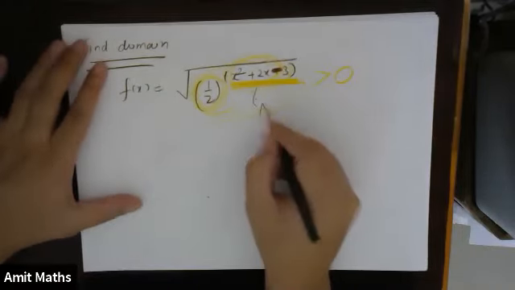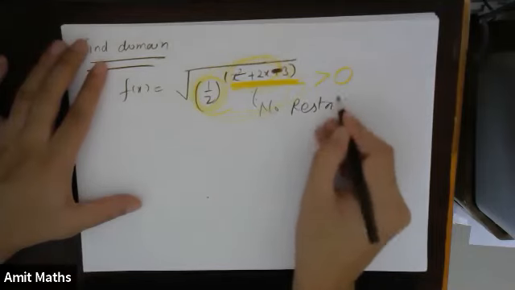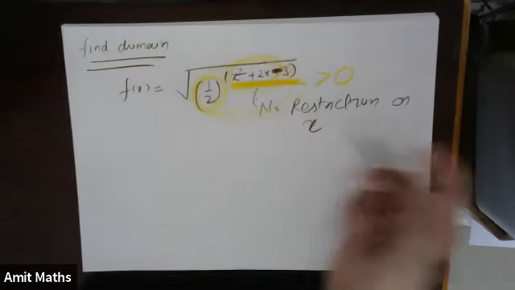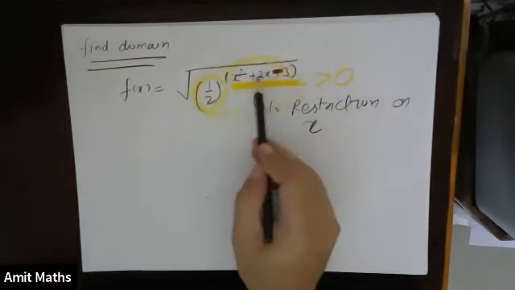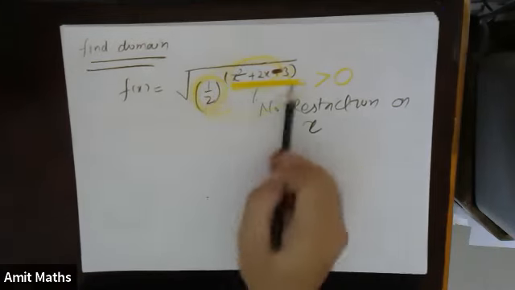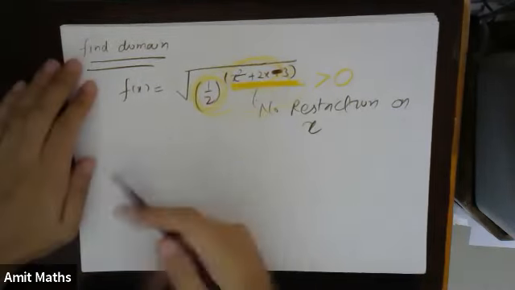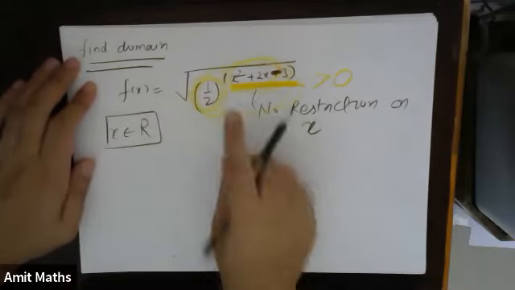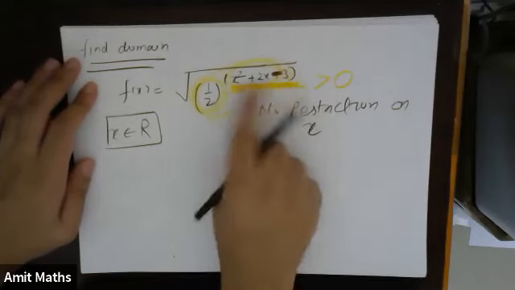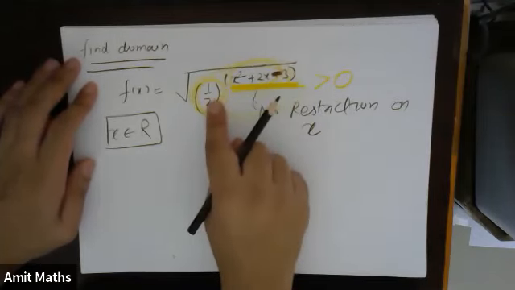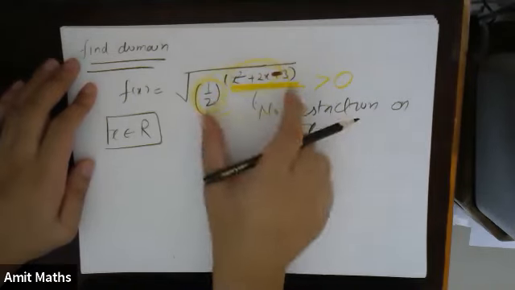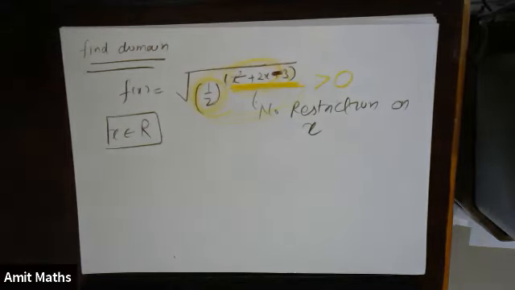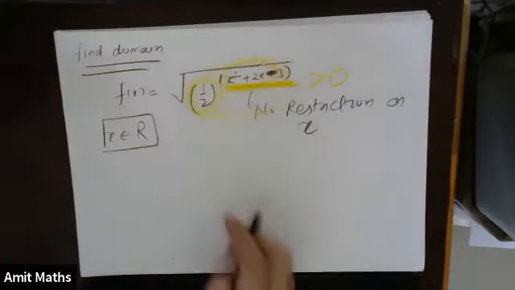That means x can take any value, whatever value it is, when it is taken to the power, it will always be positive, right? So what will be the domain of x? x belongs to real numbers, because whatever x you take, you will have 1 by 2 to a power, which is a positive number, so a positive number will be inside this root. Okay, so I'll give you one more question.